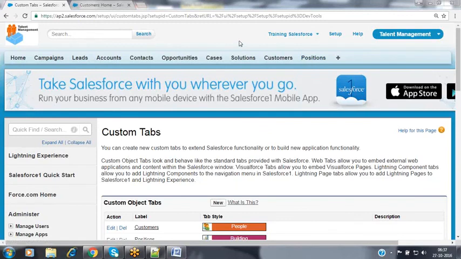Actually, the question was, when we create the custom object, at that time these options were not available. I mean, web tabs and Visualforce tabs were not available. That is what she meant. Yes, that's what here. So now if you want to use your own graphical user interfaces to manage the records from an external side, then we can design them. But at the time of creating the object, these options will not be visible to you. Additionally, we have to design those user interfaces and we have to redirect the user to those user interfaces.